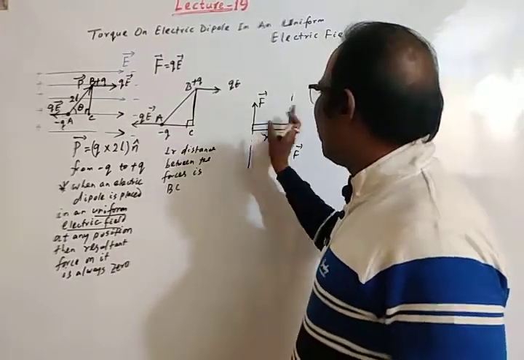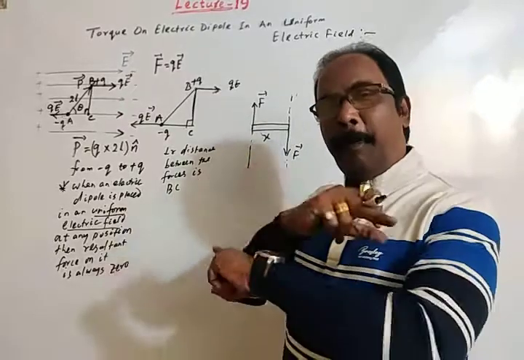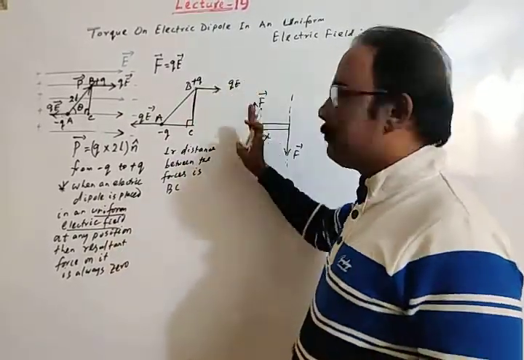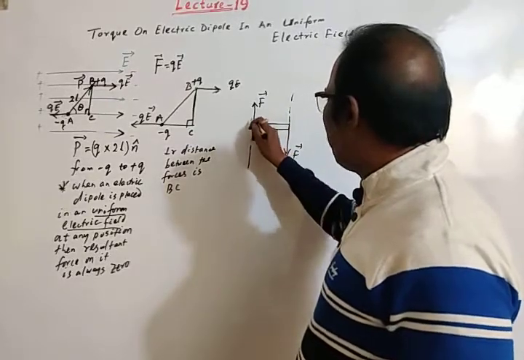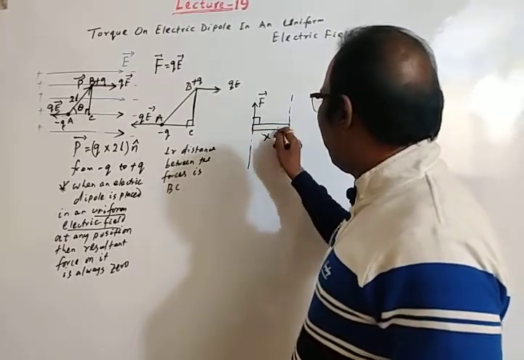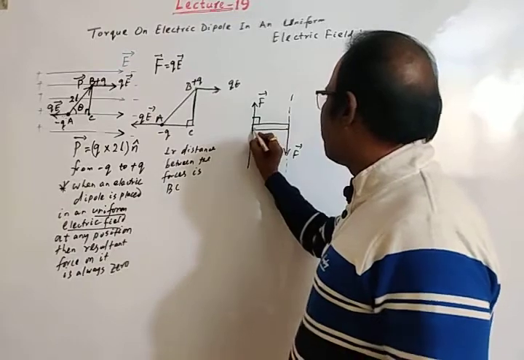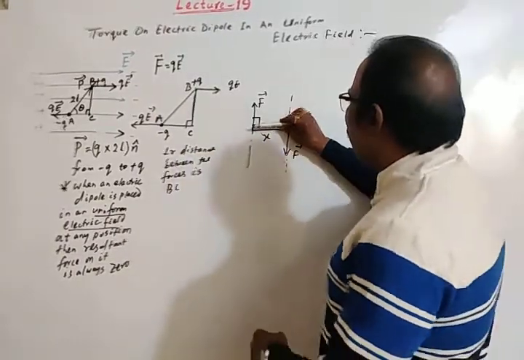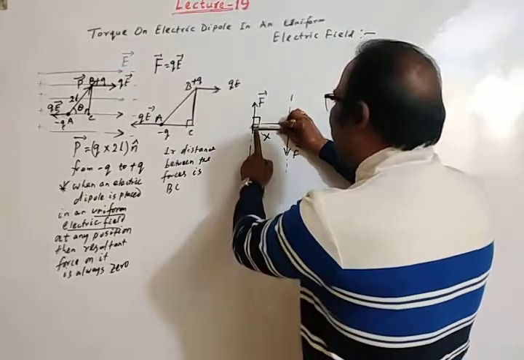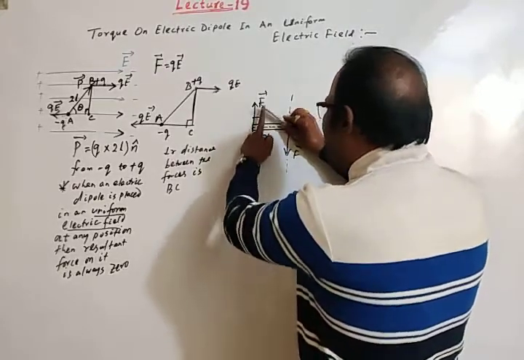Okay. So these two forces have different lines of action, and there is a perpendicular distance between these two forces. This perpendicular distance is X. So if I hold the body like this and apply the force in upward direction, then this